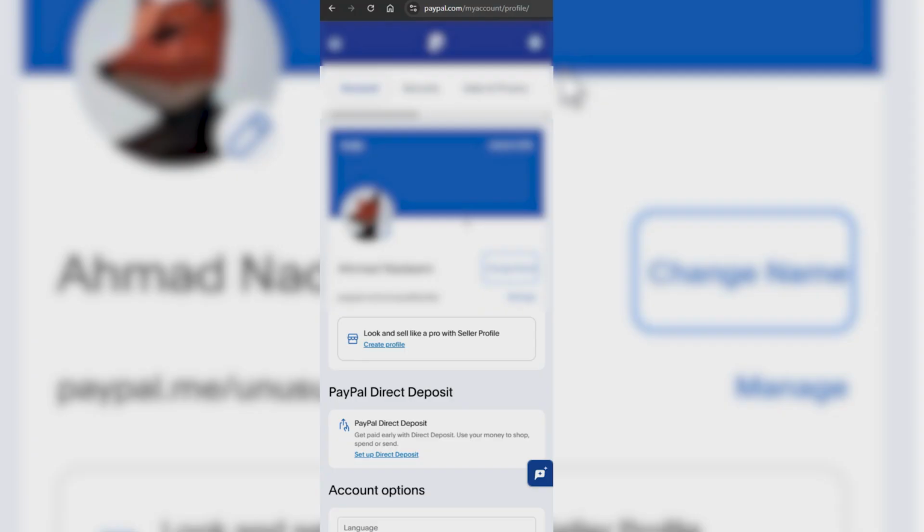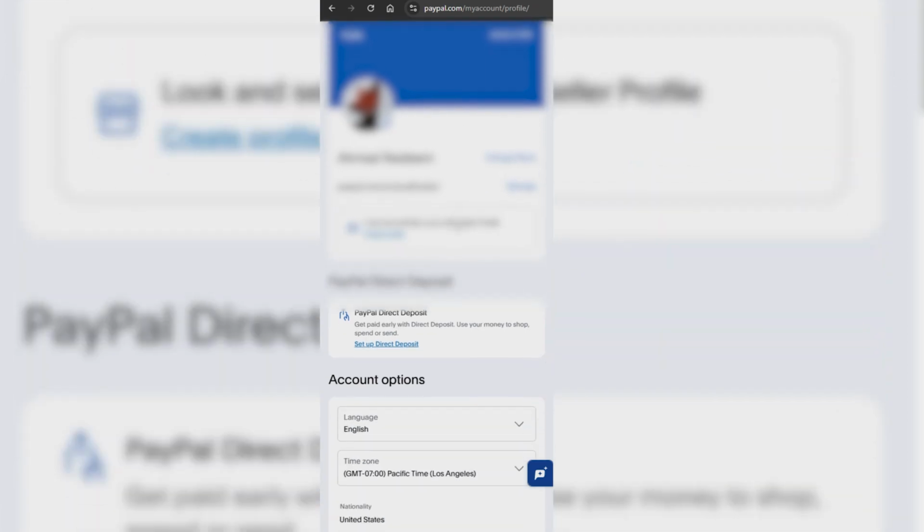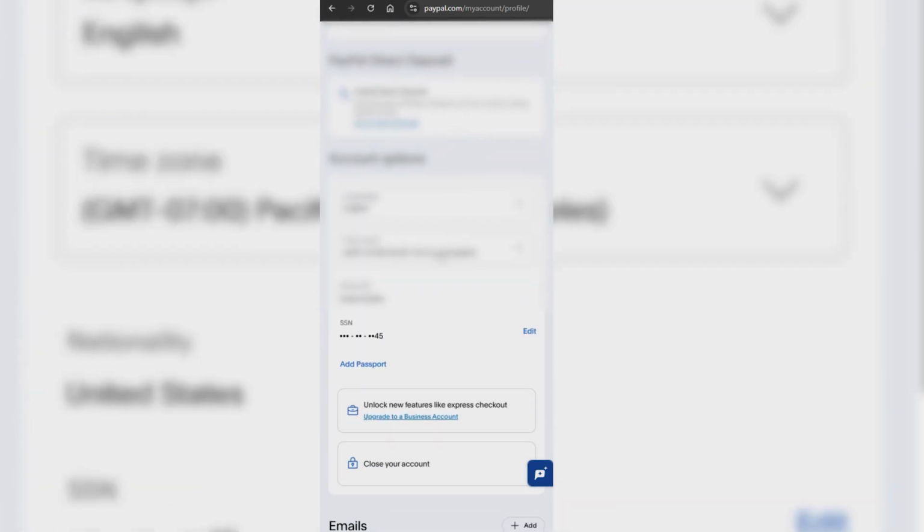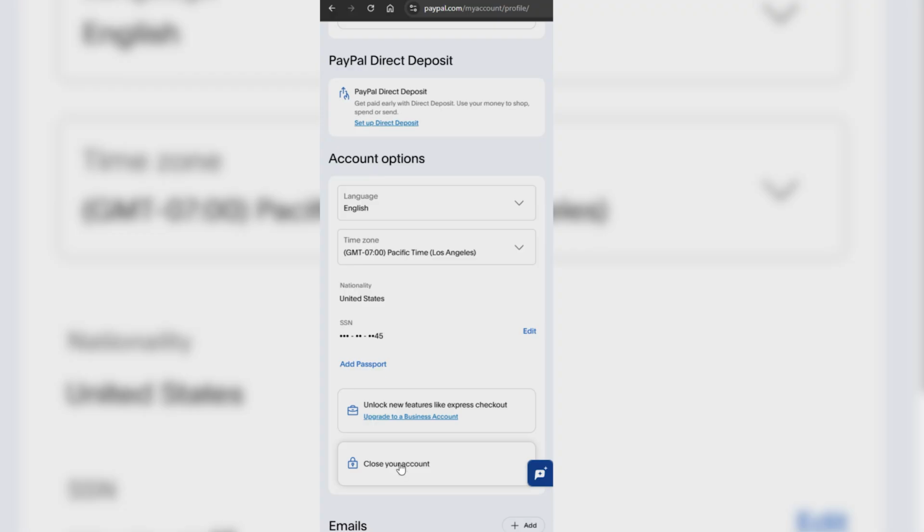From here, you will be shown your account page. You have to scroll down a bit, just a little bit, and here you will see an option called Close Your Account. You have to select Close Your Account, and then PayPal will ask you some questions for security purposes so that someone else doesn't accidentally delete your account. After passing the security questions, your PayPal account will be deleted, and that's how to delete PayPal account